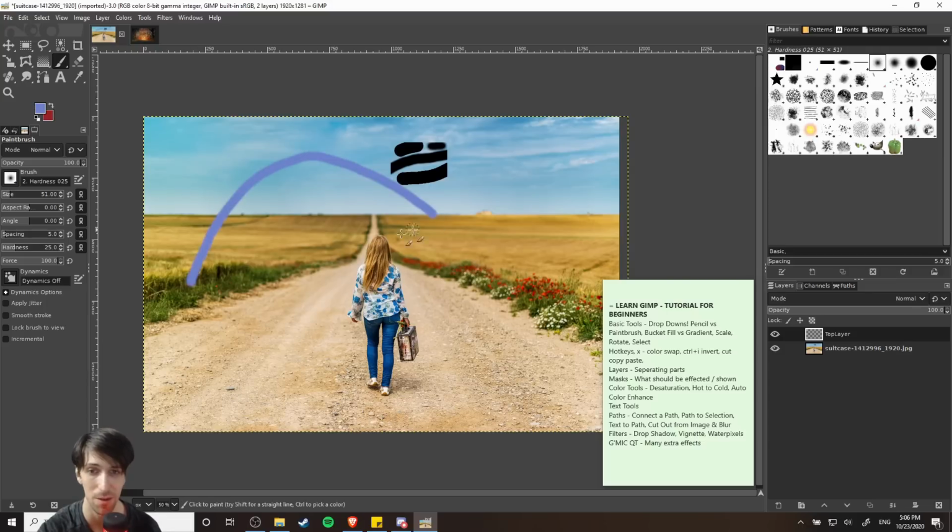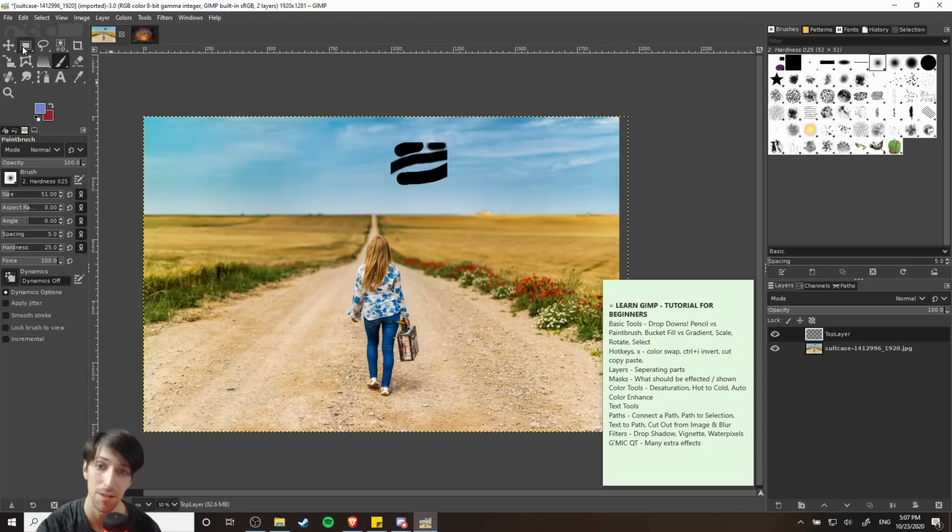And now I can draw with the blue line. I can hit X, draw with the red line, and X, draw with the blue line. So you can see, if you want to go back and forth between two colors, it's a very fast and easy way to do it. The manual way of switching the color is to go over here to this little icon that has arrows going in both directions. You can click that, but honestly, if you can learn the hotkeys, it's just going to make